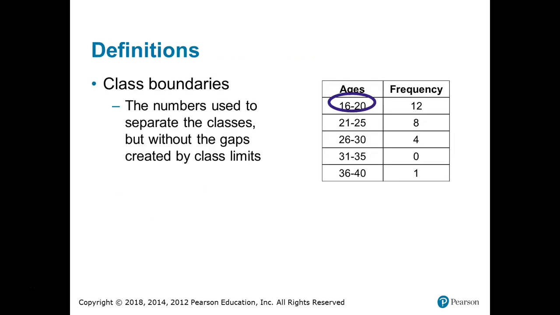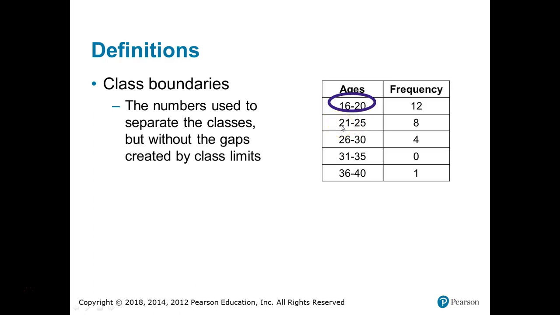So let's look at some definitions. Class boundaries are the numbers used to separate the classes, but without the gaps created by the class limits. So 16 through 20 is a class. What I mean by without the gap, well, what if we're not doing something with ages, maybe we're doing your height, and then someone said that they were 5 feet through 6 feet in this range,